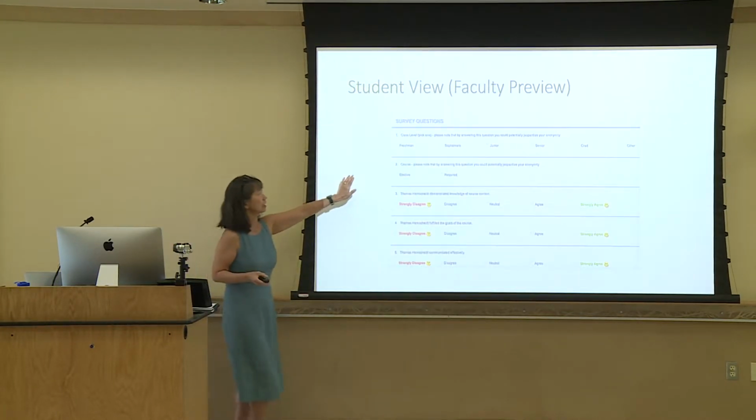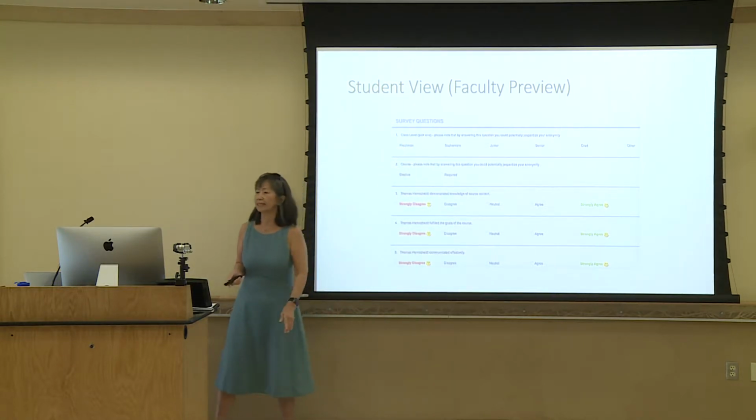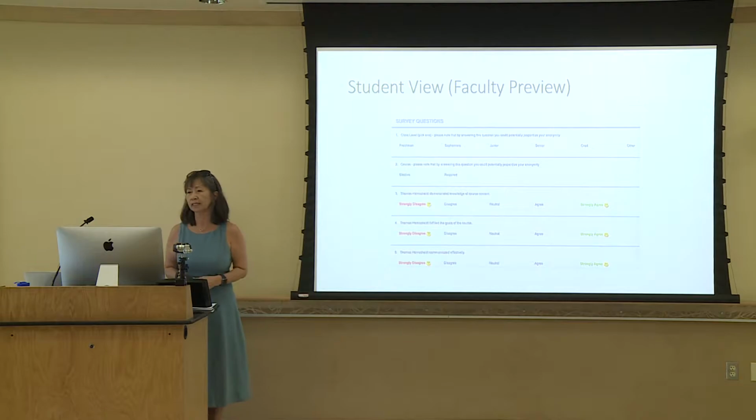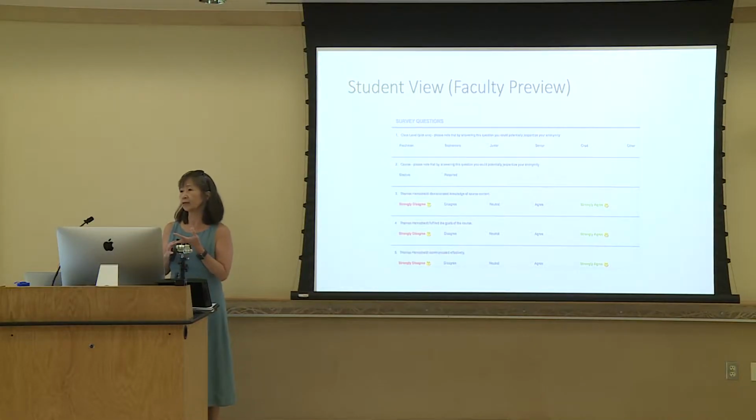This is an old screenshot, so this question is not going to be here, in the sense that we're no longer asking students. So in the past in eCafe, if you ever used eCafe, it asked students the class level, whether they're freshman, sophomore, or whatever, and it asked for gender. We're no longer asking those 2 questions. And ethnicity, because we're just getting it in the background,